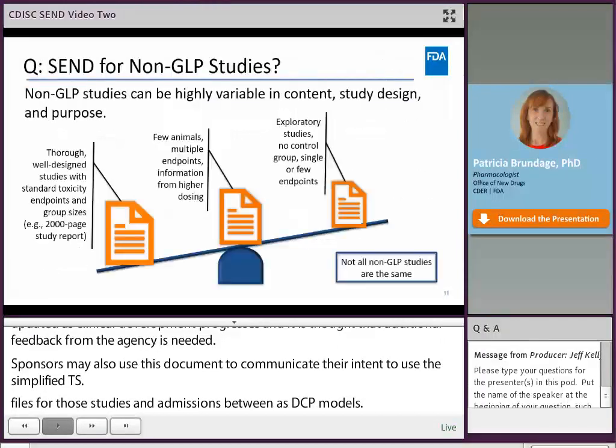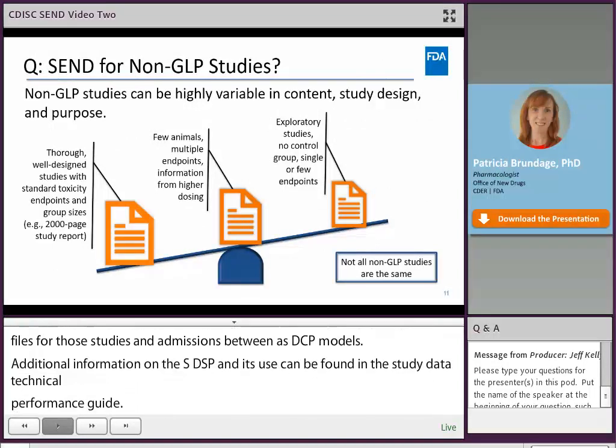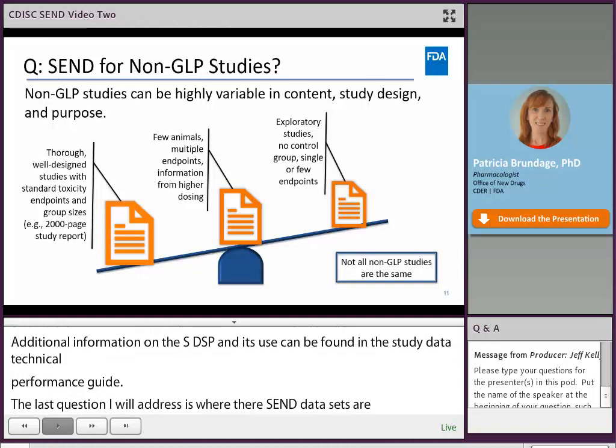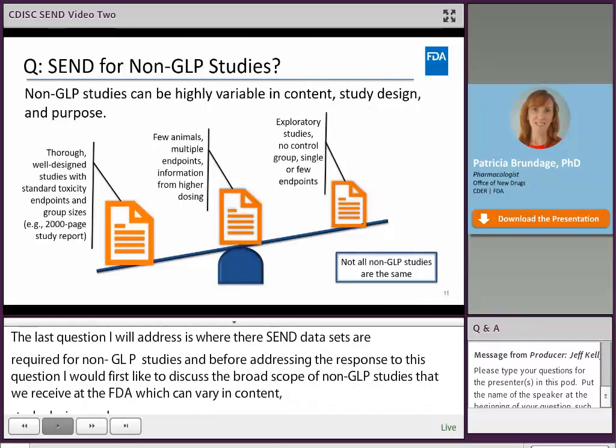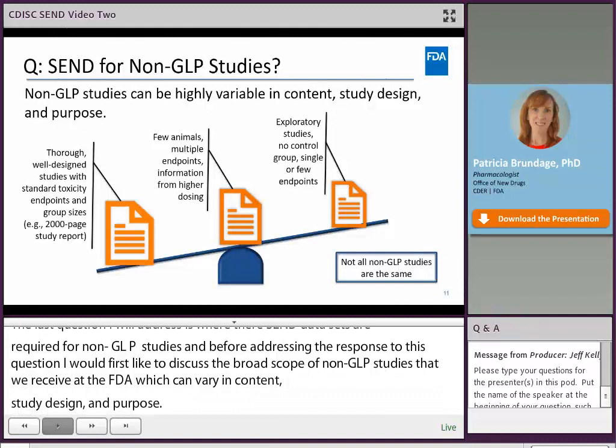The last question I will address is whether SEND datasets are required for non-GLP studies. And before addressing the response to this question, I would first like to discuss the broad scope of non-GLP studies that we receive at the FDA, which can vary in content, study design, and purpose. At one end of the spectrum, there are exploratory studies with no control groups and very few endpoints evaluated. Then there are non-GLP studies with a few animals per dose group and multiple endpoints conducted to provide information for